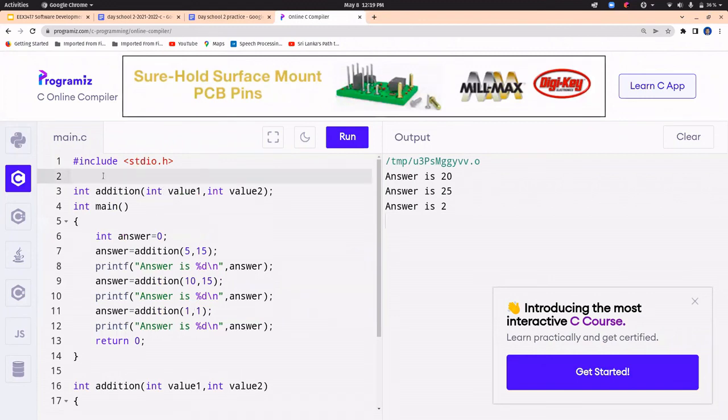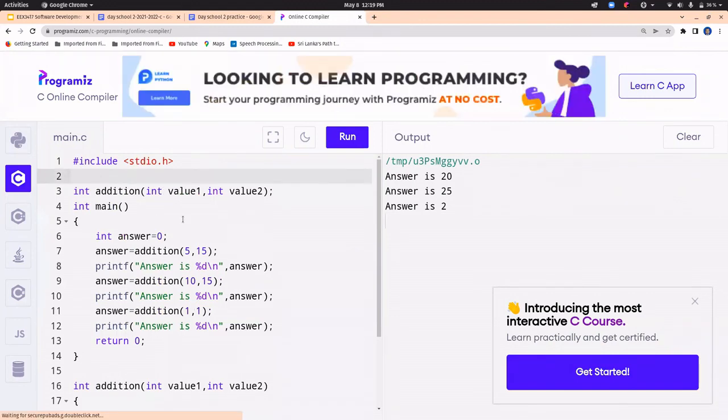But if I write int a equal 1 above the main function,